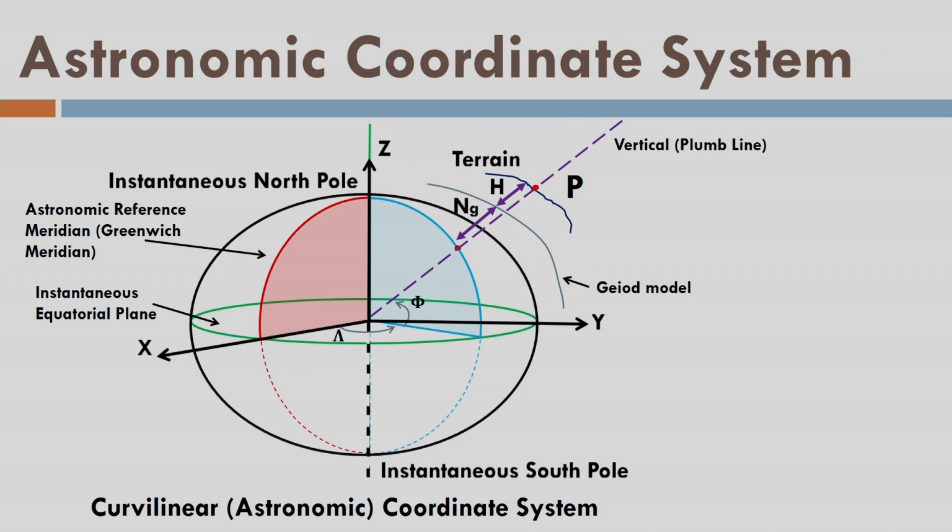Then they used to say that now we are measuring the heights, which are orthometric in nature, although they are being measured with respect to the ellipsoid, and that was the kind of manipulation it was in the period before space geodesy started. So astronomical longitude is called capital lambda, astronomical latitude is capital phi, and orthometric height is capital H, and